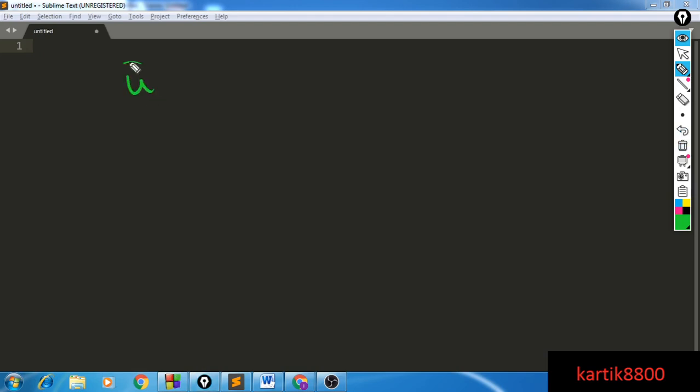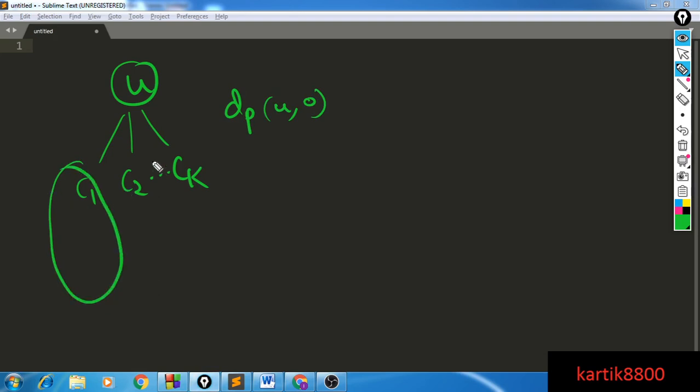So first of all, let's try to make a recurrence for dp of u. We're thinking about a subtree rooted at node number u. Imagine that u has k children, c1, c2, and so on till ck. Let's say that I do not include any edge that has one of its endpoints same as u. This means that my problem breaks down into the same kind of sub-problems, right?